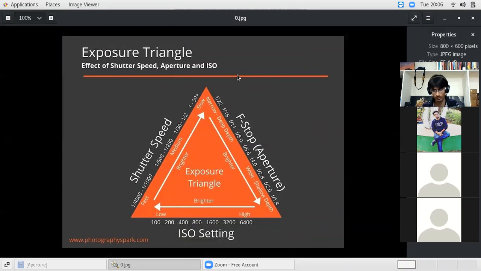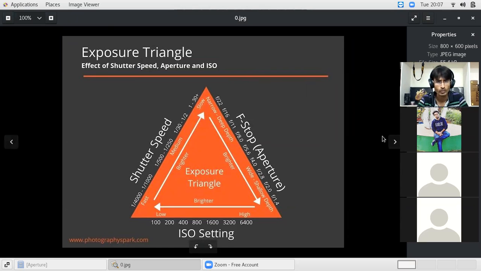So today's class is 1.6, aperture, f-stop, depth of field. One class has already been conducted on exposure. In that, I told you about proper exposure, not as the objective of the class, but just for identification. Today we'll be concentrating more on how to get the proper exposure. There are three major things which control the exposure of a photo that we are capturing.